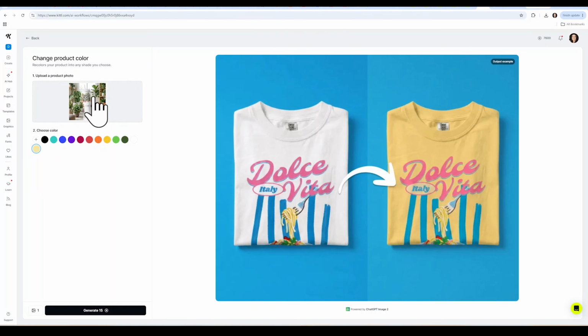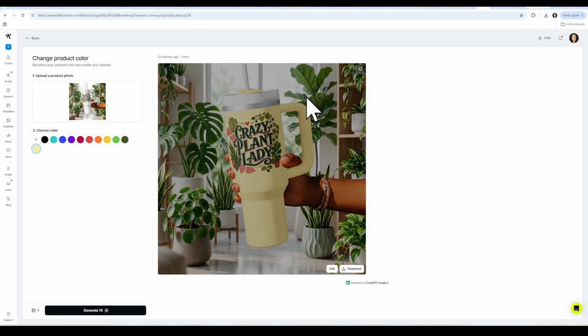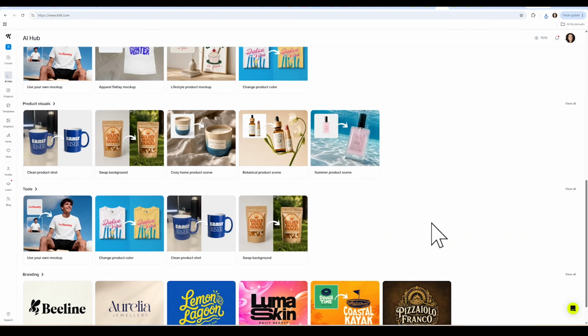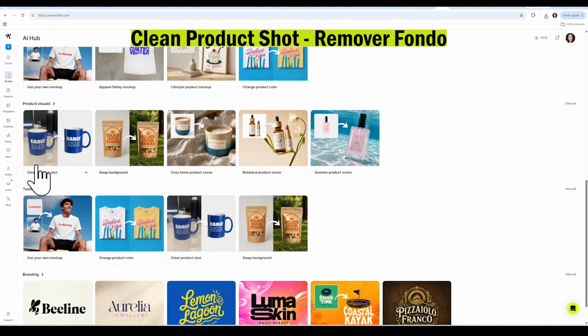If you choose a color that's too dark, the design won't be as visible. Now I'll click Generate. After about a minute, here's our mockup in a completely different color. What do you think?